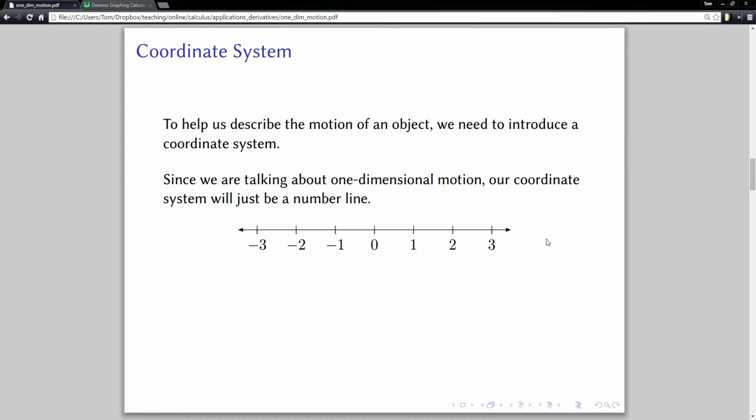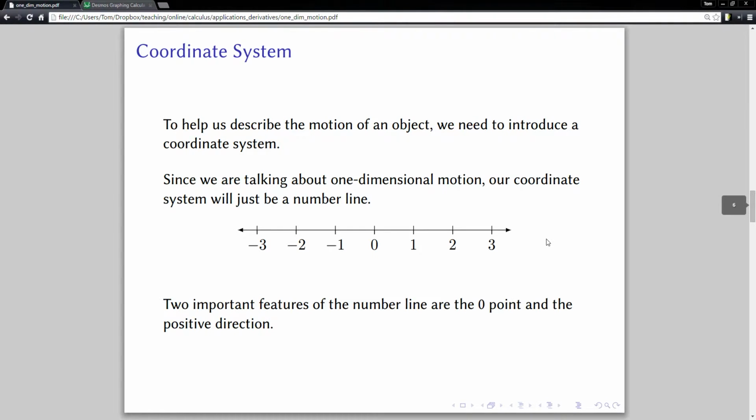Okay, if you have motions in 2 dimensions or 3 dimensions, then you're going to have more than just a number line, but we'll save that for calculus 2 and 3. Okay. All right, so some very important aspects of the number line is the 0 point right here and the positive direction. Those always need to be specified for a number line. Here, so far, we've just pictured the number line as being horizontal like this, but we could easily have a number line in the vertical direction if we're talking about free fall problems or things like that. And so